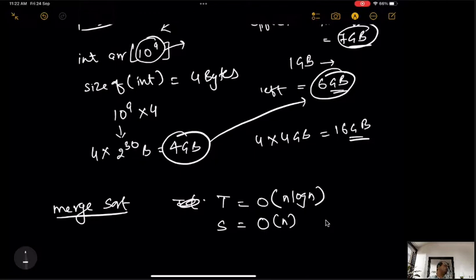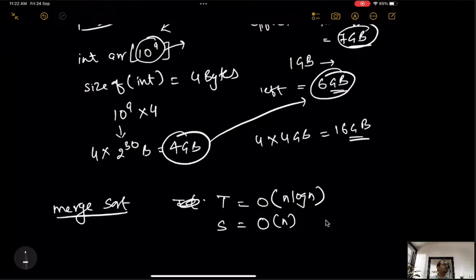It is not constant. What it means is, if some of you have studied merge sort, then you have seen that when I try to sort an array using merge sort, I have to copy the whole original array into a temporary array. Without that temporary array, I cannot sort the original array. So if the size of the original array is 100, then I require another array of size 100.